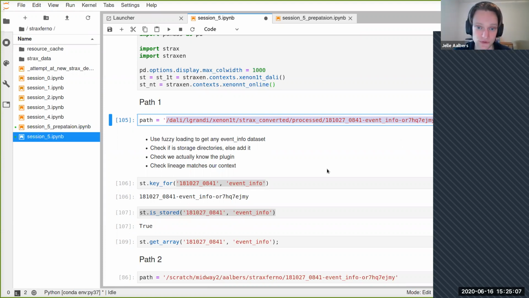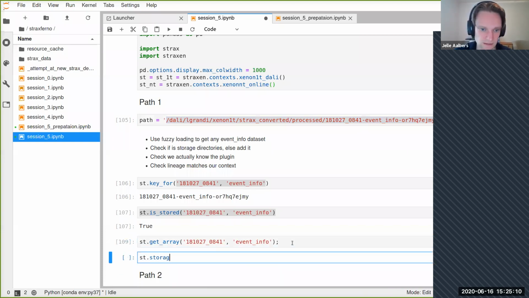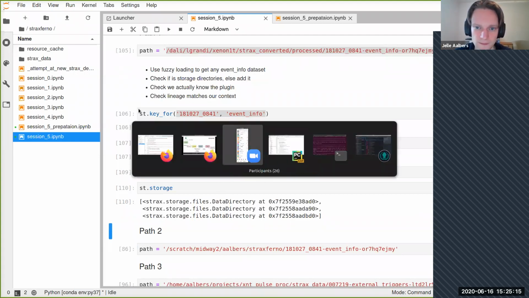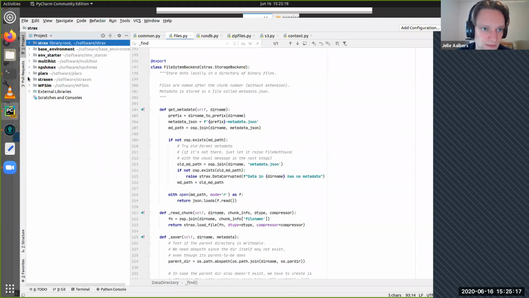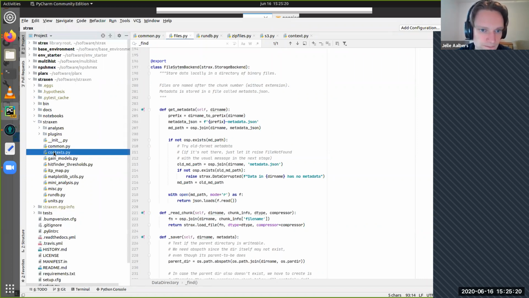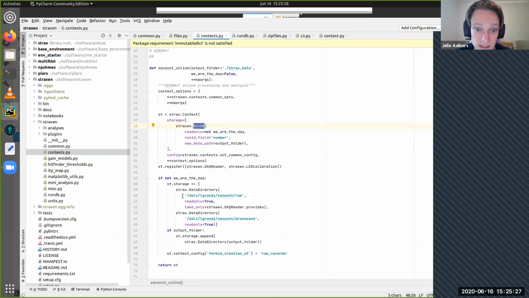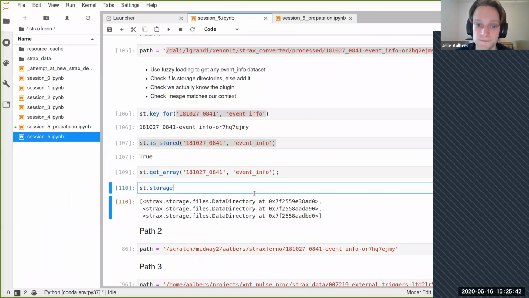So there are multiple storage front ends registered. Right, so there's a couple. If you look, let's go to where the contexts were made. Online, you can see that there's actually the run-db, then there's a data directory and another data directory. Fortunately, this one at least lists Dali, Grande and processed, but perhaps the run-db has something registered that says, oh, you don't go there, go to some other place.